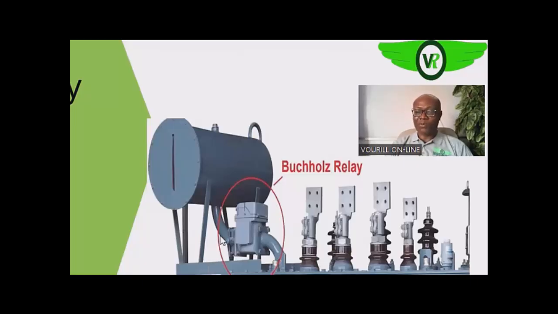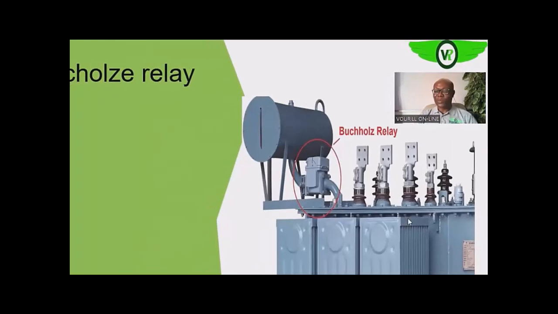So what is the work of this Buchholz relay? As you can see, it is connected between the conservator and the transformer tank. Remember, as we said earlier, the conservator tank is like a temporary holding unit for expanding oil. During normal operation, as you load, heat is generated and conducted by the transformer oil. The oil is bound to expand. If it does not have anywhere to expand to, it can cause overpressurization of the tank and breakage of the seals, because these are the weakest points, the seal between the tank cover and the tank. And that can cause leakages,